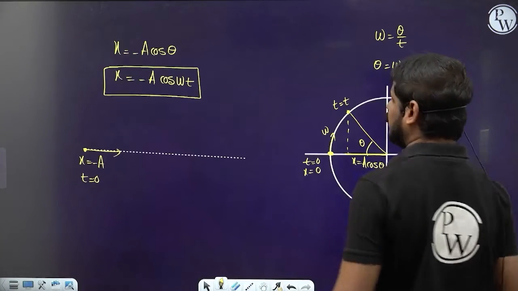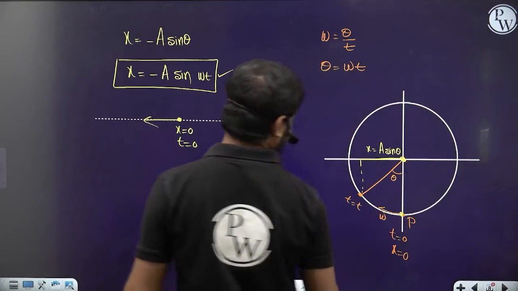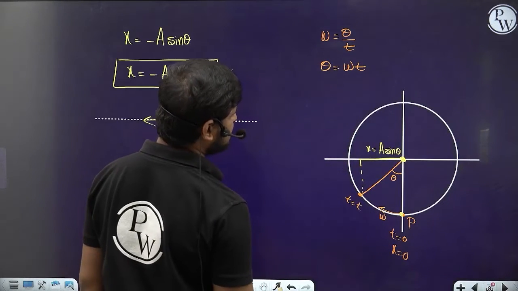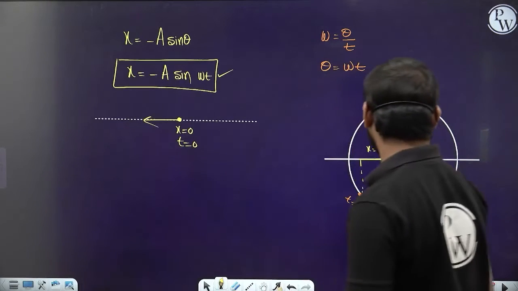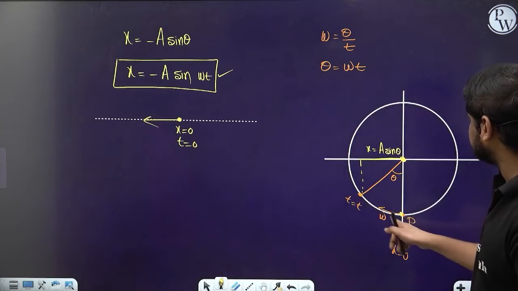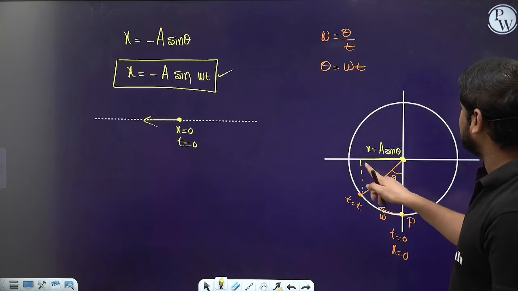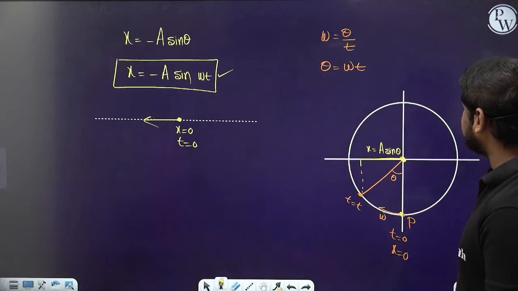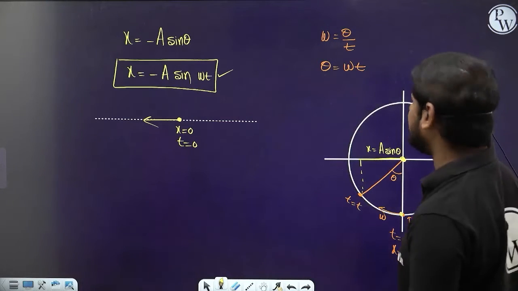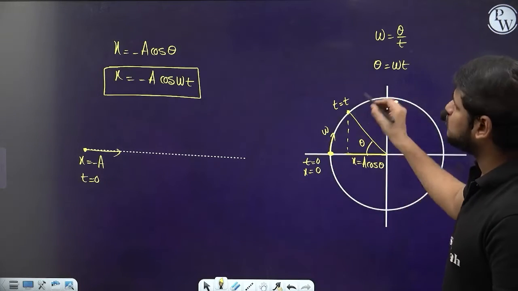So then theta, so minus a sin omega t. Correct only, right? So this one is omega, so this is theta. If it is theta, this will be minus a sin theta, so minus a sin omega t, fine. Then if the particle is starting from here, we get x equals